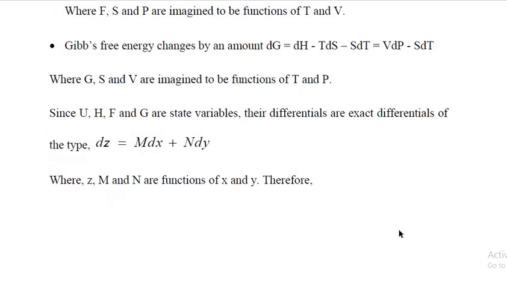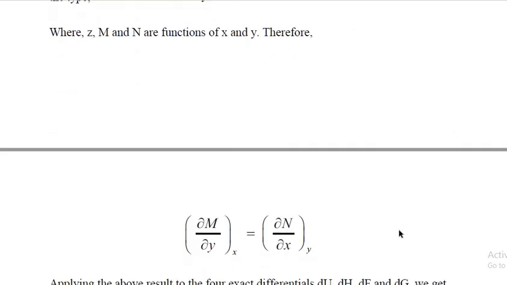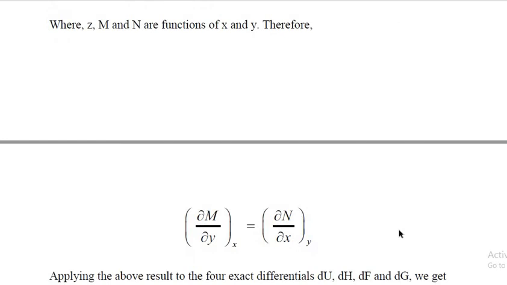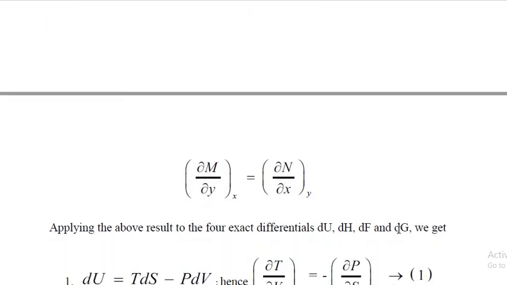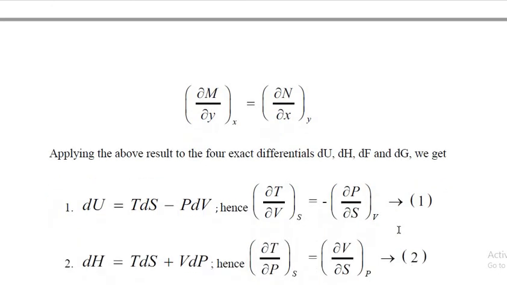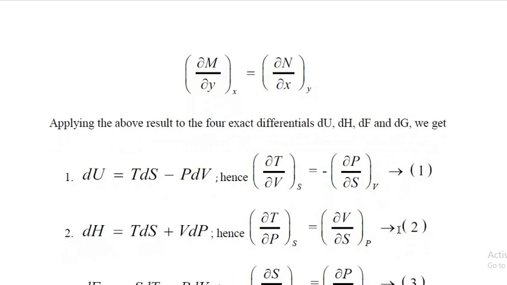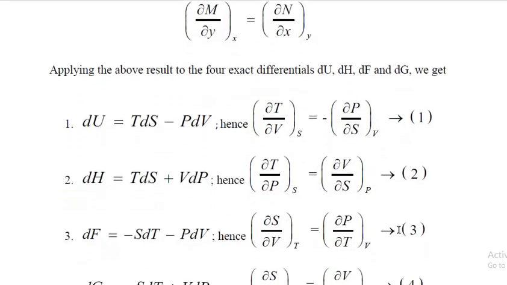Therefore, we can write ∂M/∂y at x is equal to ∂N/∂x at y. Now applying these results to the four exact differentials dU, dH, dF and dG, we get, see, these are the equations,